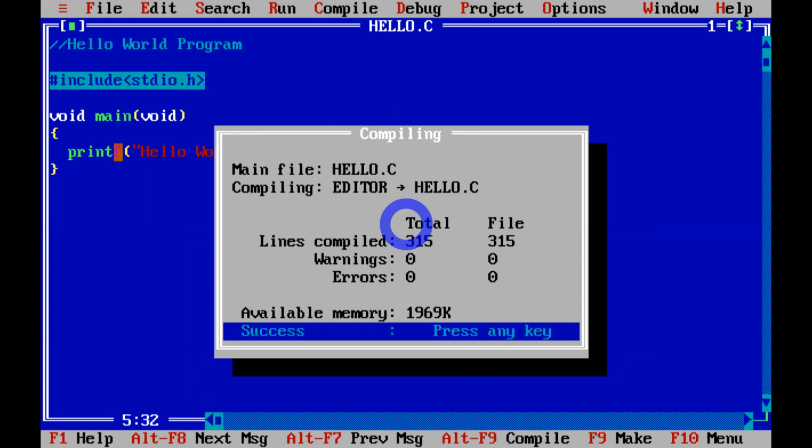But how many lines did I write in the program? See, I wrote just 1 2 3 4 5 6 lines including what? Braces. But it's showing what? How many lines are compiling? 315. See, this is one major problem in C and C++ applications. Why? Because even though we wrote the set of instructions in the source code in only 5 or 10 lines, it is going to show this, right,